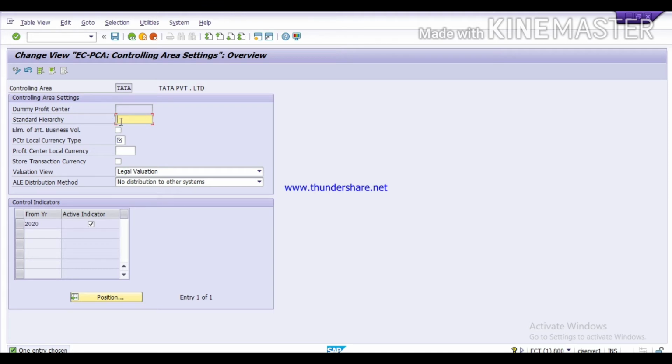On which level your company wants to generate a profit and loss statement, your financial statement. So here we will define the standard profit center hierarchy name.